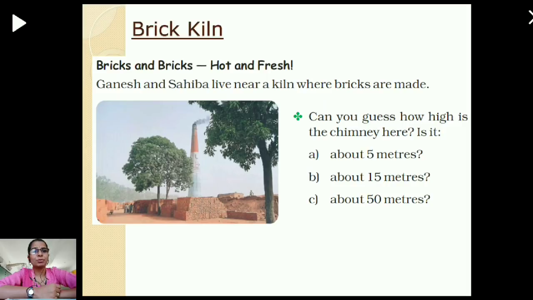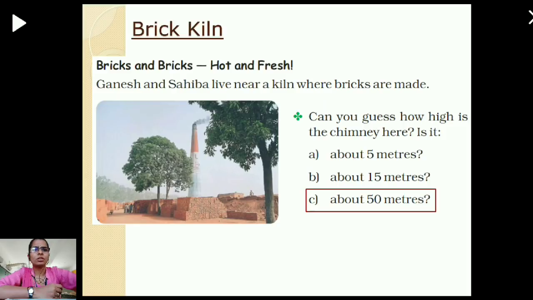The height of the chimney is very, very high, right? If you go near the chimney, it is about 10 times taller than us. So it might be about 50 meters. Yes, I guess it will be about 50 meters, because we saw that 1 meter is equal to 100 centimeters, and you have made 1 meter scales in previous activities. That helps us know that the chimney's height might be about 50 meters, or even more. So these chimneys are seen near the brick kilns in this picture.